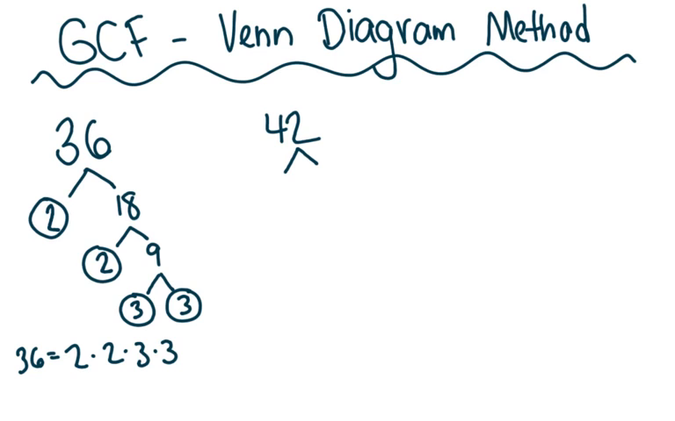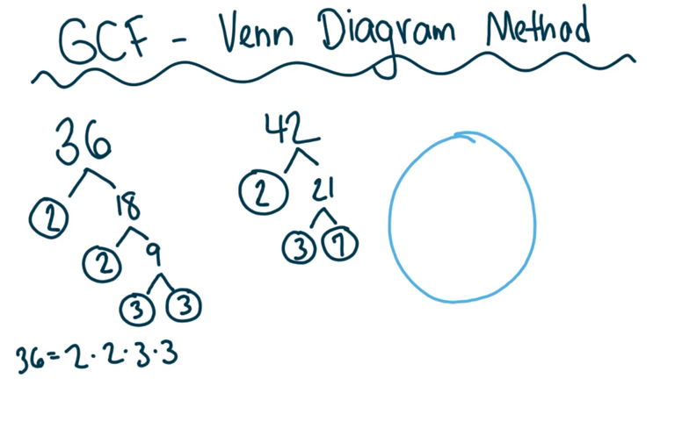We do the same thing for 42. 2 times 21. 2 is prime, so that tree is done. 21 is not even, so we can't divide by 2, but I can divide it by 3 for 7 and 3, which are both prime numbers, numbers for which the only math facts are 1 times that number to get there. So what we would do for the Venn diagram method is we would then draw a Venn